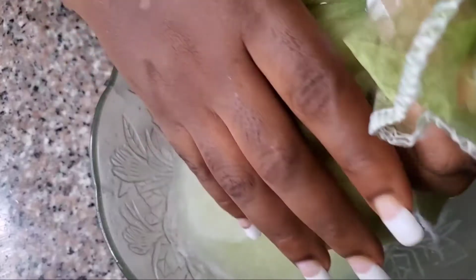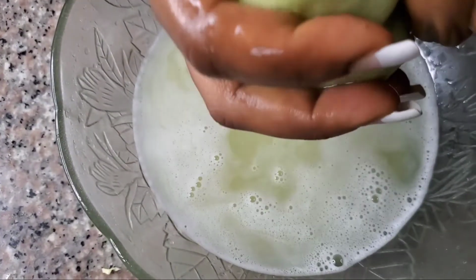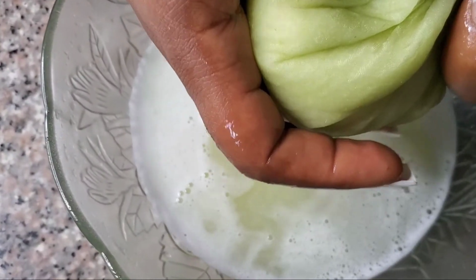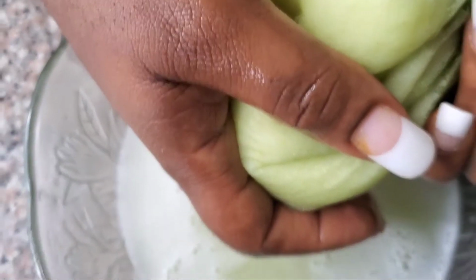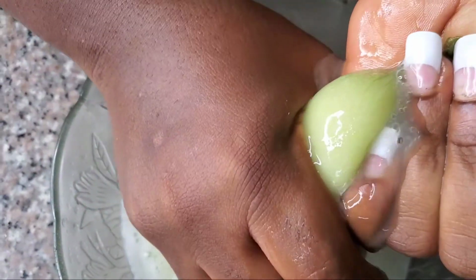Squeeze away, squeeze away with all your strength and all your mind. Keep squeezing, baby, keep squeezing. So that's me squeezing up the water, making sure I take out as much water as I can take out as